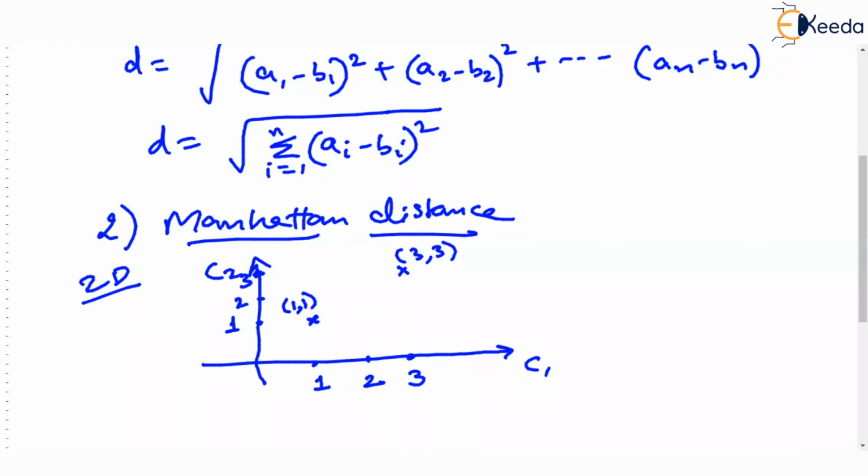Okay, what is the distance? Now, what Manhattan distance is that from this 1, 1, you reach this 3, 3 using unit steps. Let's call this point P and this point Q. You want to find the distance between P and Q? Then you travel from P to Q using unit steps. By unit steps, you mean steps of size 1, either horizontally or vertically.